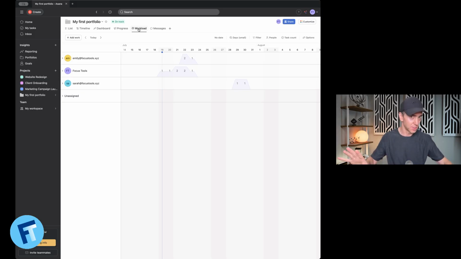So that's workloads in Asana, which is something Todoist does not have. But there's something else that I really like about Asana, and I'm going to go over here. It's this goals feature. Because it's great to complete tasks every day, right? You come in, complete 10 tasks, it was a good day. But managers and team members want to know how those tasks relate to a bigger picture.